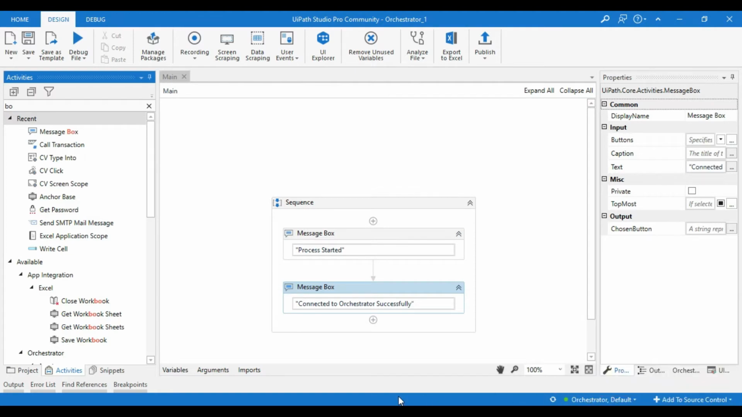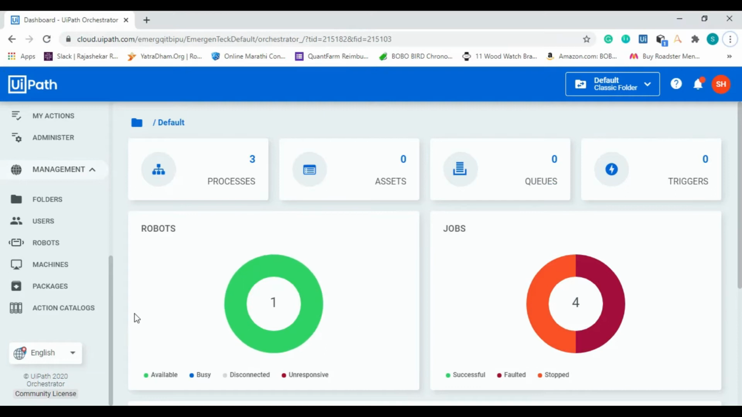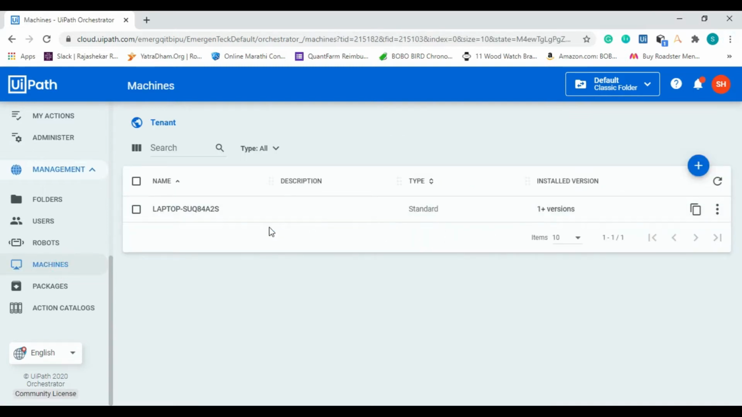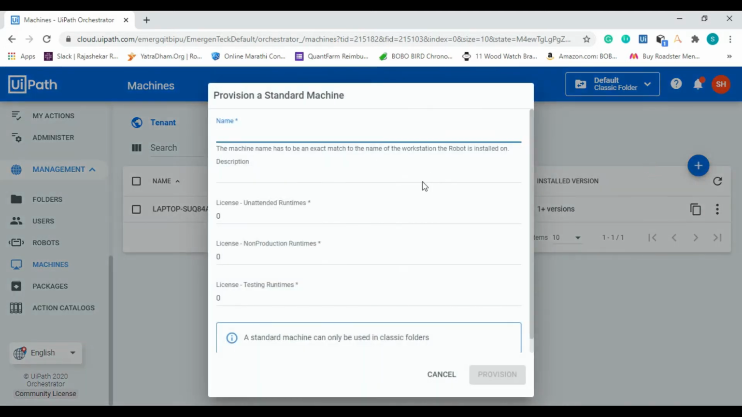For connecting this, first we will create a machine in the orchestrator. After going into the orchestrator, click on Machines. Here I already created a machine that is related to my laptop name. While creating a new machine, click on the plus add button. After that, select the option standard machine, give the machine name and description, and directly click on provision. For getting the machine name, go to your terminal